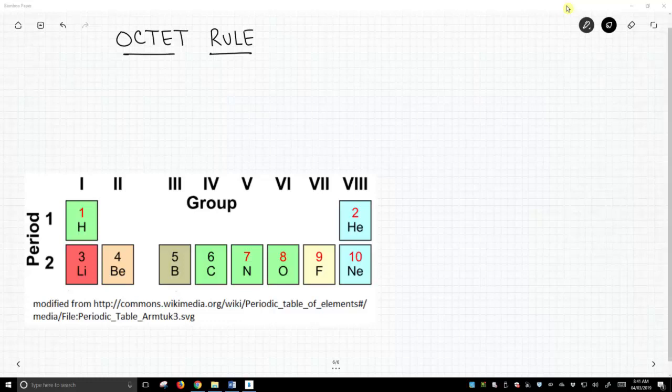Well, the Octet Rule is based off the idea that second row elements, and when I say second row, I am talking about down here, the second row. We're going to emphasize, this really applies to all the elements on the second row, but we're going to really begin our discussion with carbon. Lithium, beryllium, boron, they very often follow slightly different rules. But for carbon, nitrogen, oxygen, and fluorine, which are really common organic elements, we will find that these, as second row or second period elements,